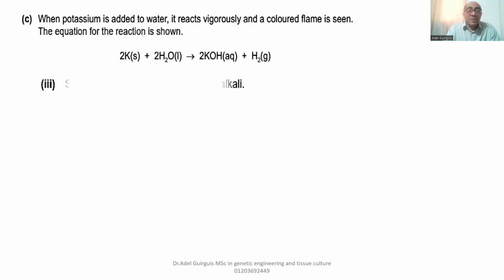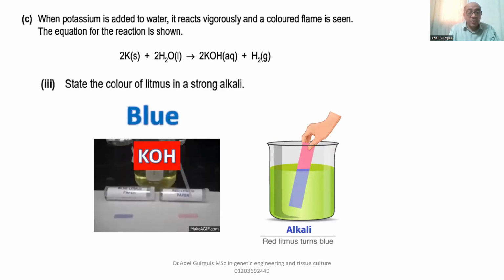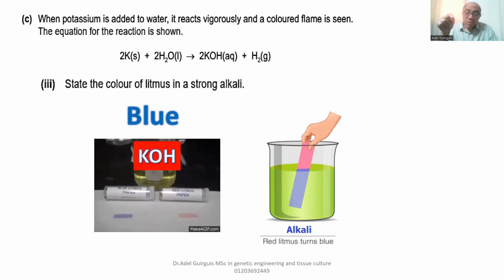Now, state the color of litmus in strong alkali. When we add litmus paper to a solution containing potassium hydroxide, look, red litmus paper changes into blue, okay? Changes into blue, look, blue. When we put 1 drop of KOH solution on red litmus paper, it changes at once into blue, while blue litmus stays blue. Okay,